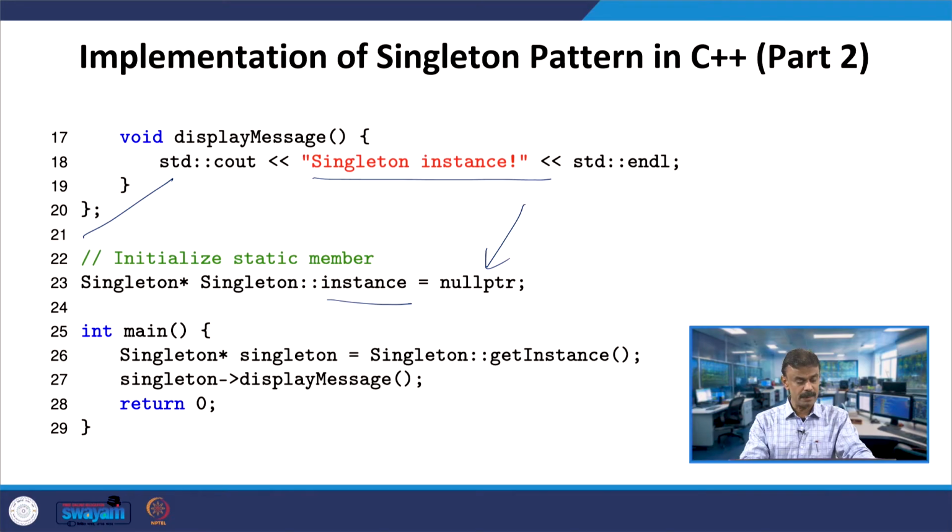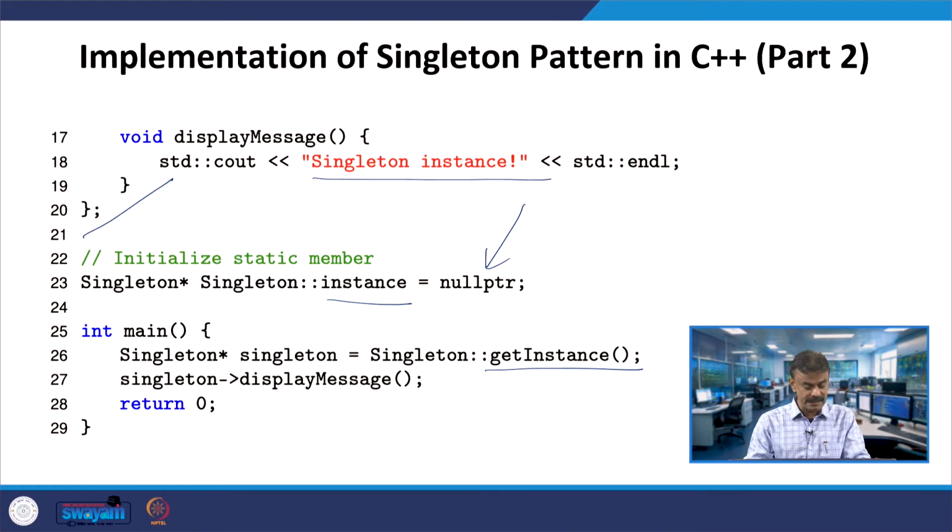Now go to the main program. The static member initialization is global, in fact, before main, and then we have int main. Here we have Singleton, and let us call the function getInstance, the pointer function. So getInstance will be called. Here you have the Singleton pointer object.